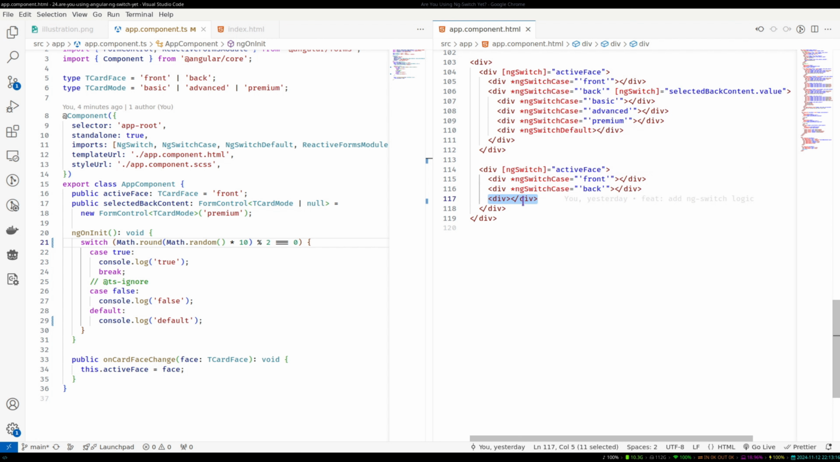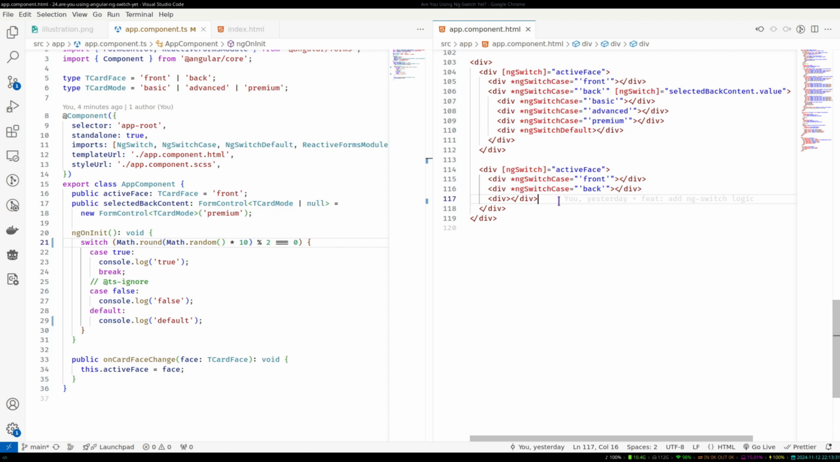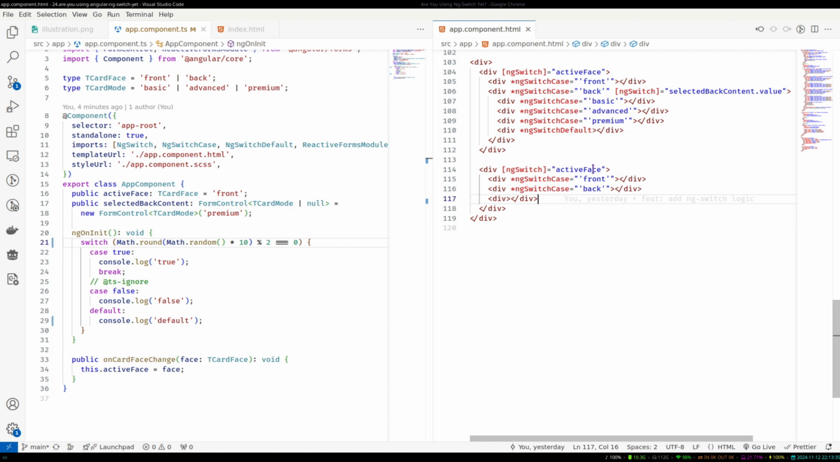However, we don't have this div having any case. It's neither marked as a default nor does it have a case to match against. So that means this div will be falling through and it will be displayed regardless of the value of active face. So for example, right here, if we say front and if we say back and if we mark this as fall through,